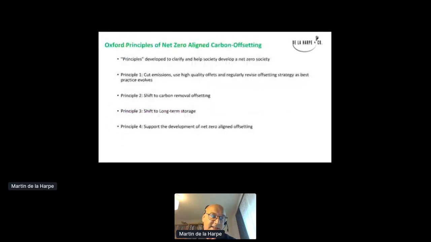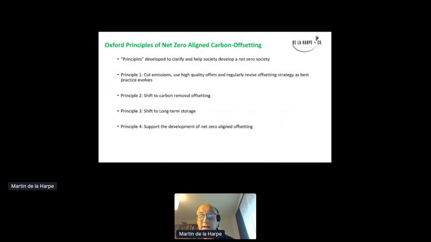Having discussed the framework and the opportunity, given the complexity of the subject, we are trying to find opportunities to simplify it. Oxford University have developed a net zero aligned carbon offsetting principles document, which tries to clarify things for businesses and help society develop a net zero society. They've developed a set of principles which can apply to businesses and other stakeholders in order to start this journey